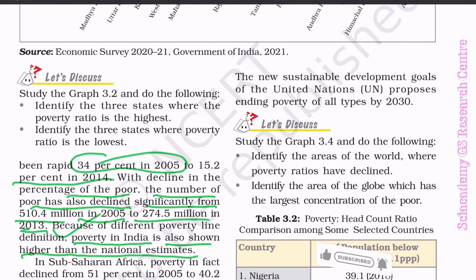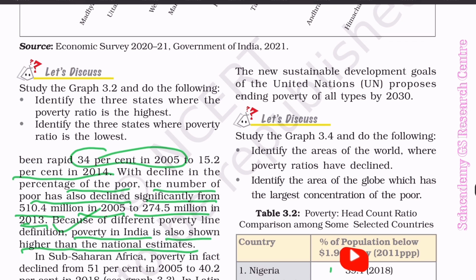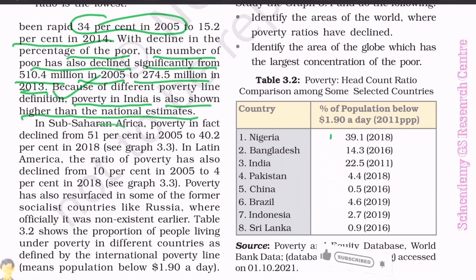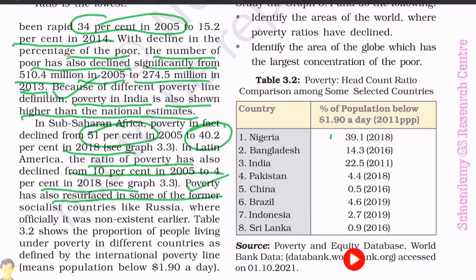In sub-Saharan Africa, poverty in fact declined from 51% in 2005 to 40.2% in 2008. See graph 3.3. In Latin America, the ratio of poverty has also declined from 10% in 2005 to 4% in 2018. See graph 3.3. Poverty has also resurfaced in some of the former socialist countries like Russia, where officially it